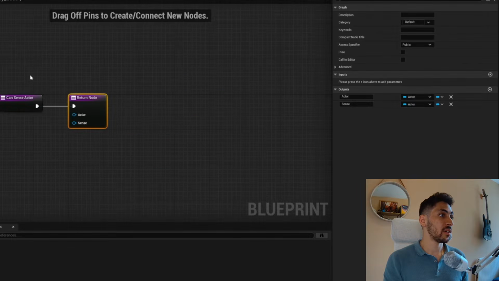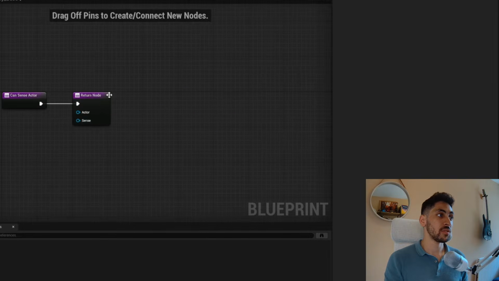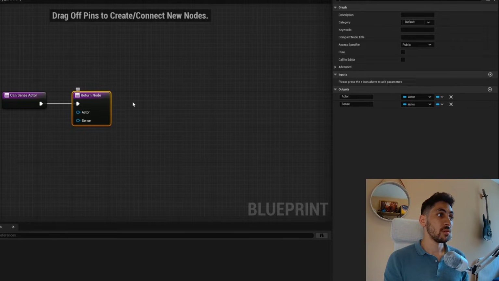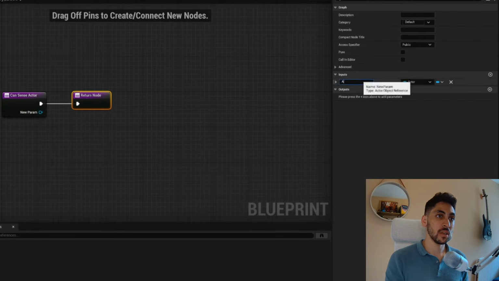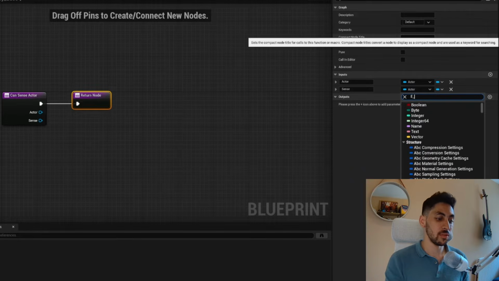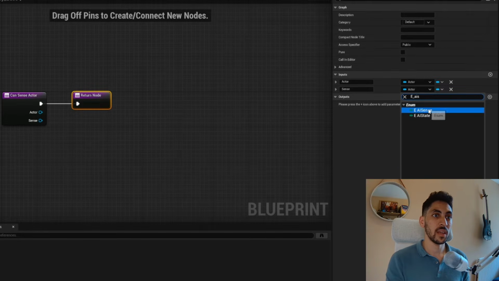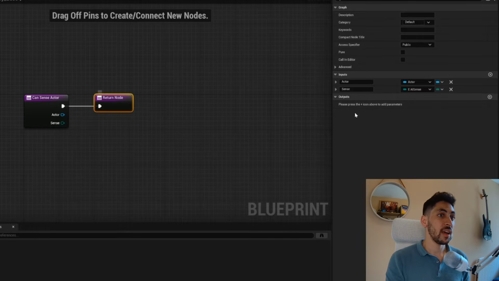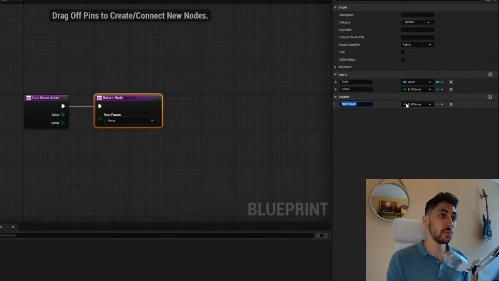And back here in our canSenseActor function, we want to return... Oh, I put these on the output node. Sorry, these should be on the input node. Actor, and the other one is sense, and we're going to use our enum that we just created, AISense. And for the return node, we want to return a Boolean whether we sensed the enemy or not,